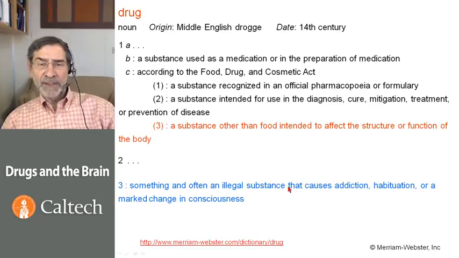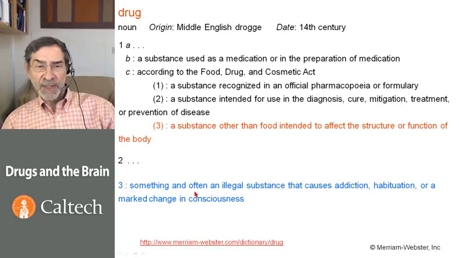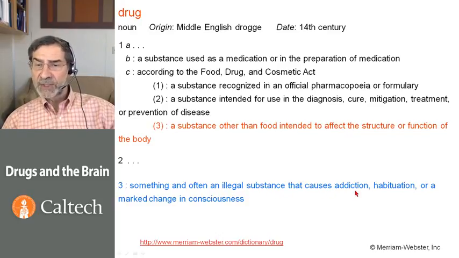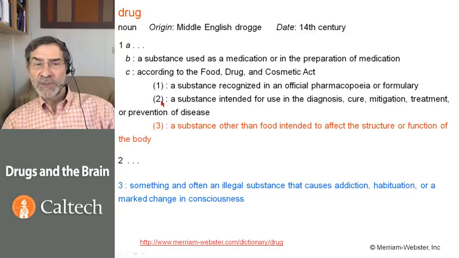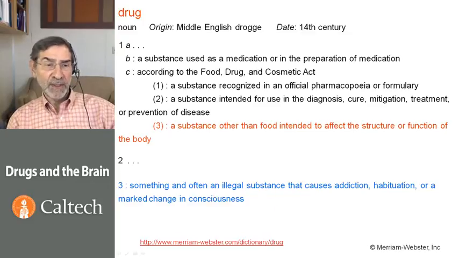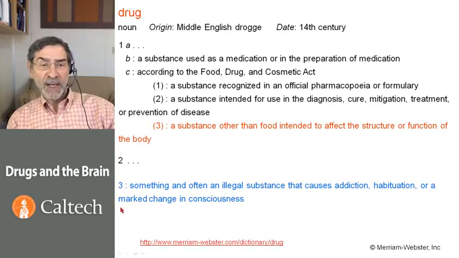And finally, according to the dictionary, a drug is something, and often an illegal substance, that causes addiction, habituation, or a marked change in consciousness. And this is the definition used by many people, and it is also the definition used by the U.S. National Institute on Drug Abuse, part of the NIH, which supports a lot of research, including some of